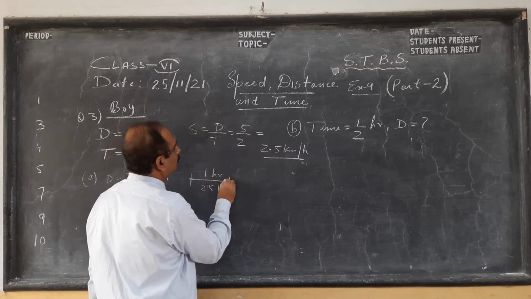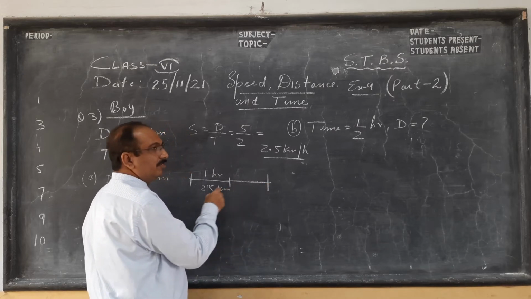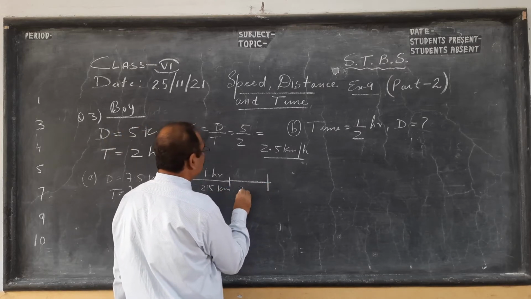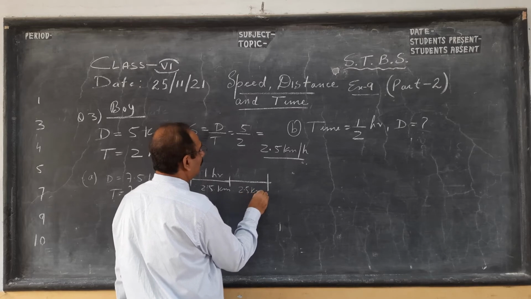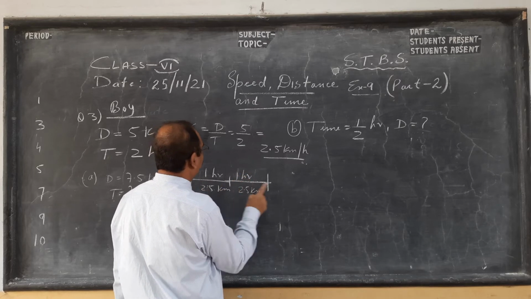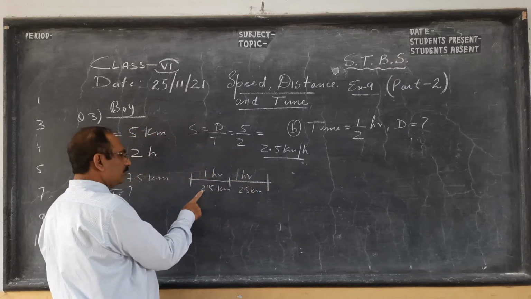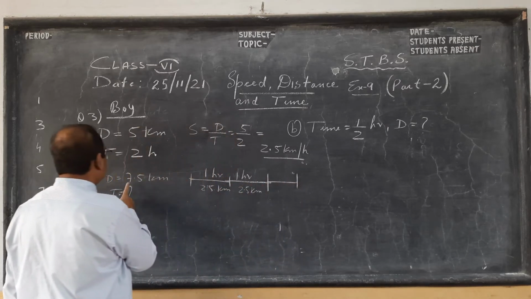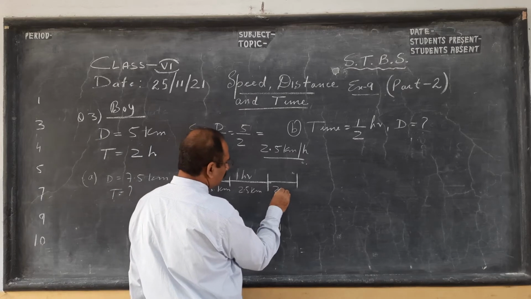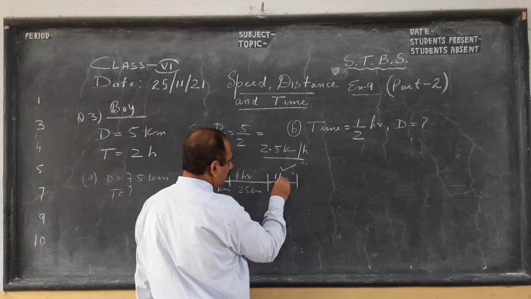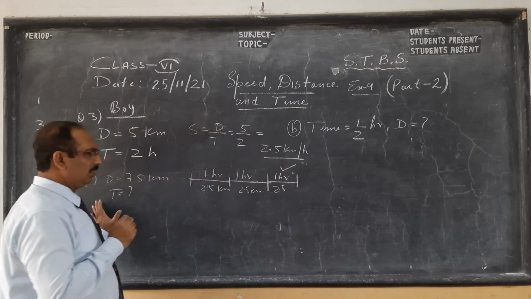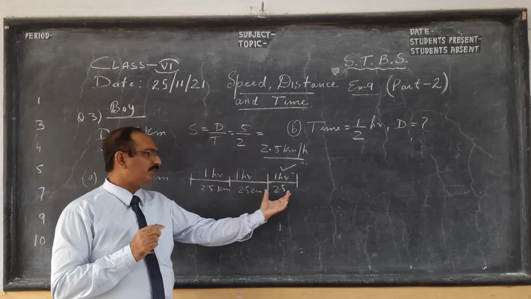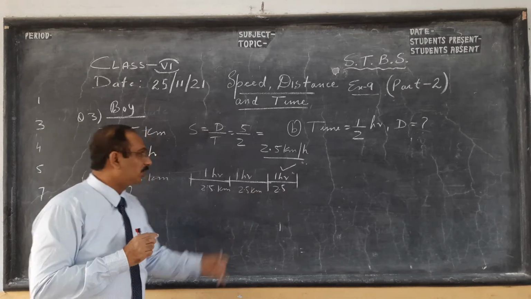And so you can draw like a history timeline. Here we have something like a number line. So in 2 hours he goes 5 kilometers, so in 1 hour he goes 2.5. Okay, so the logical method: in 7.5 kilometers, take another 2.5 kilometers, so he'll take another hour. So the answer will be 3 over here. 1 hour 2.5, 1 hour 2.5, another hour. So this logical method you cannot do, you have to show.